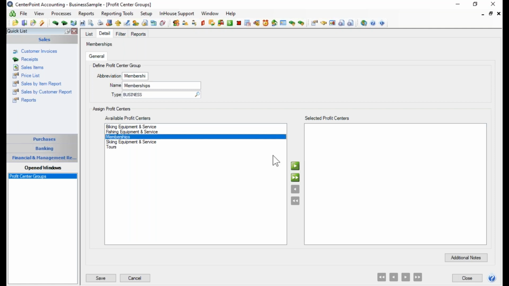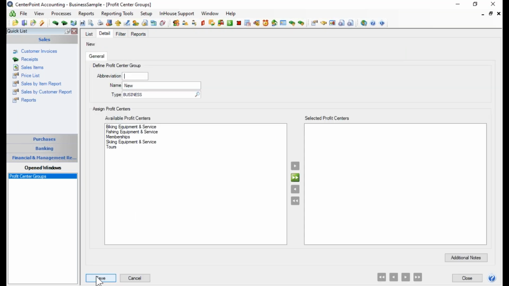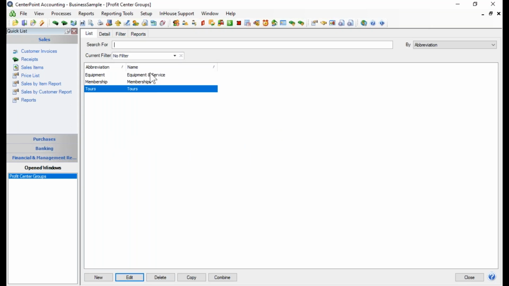Okay, and that's going to be the only profit center in that group. Then I'll probably set up a profit center group called Tours as well, and Tours will be the only one in that group. This will allow me then to do an analysis on my income statement of each of these groups side